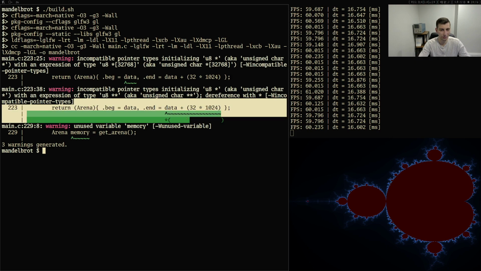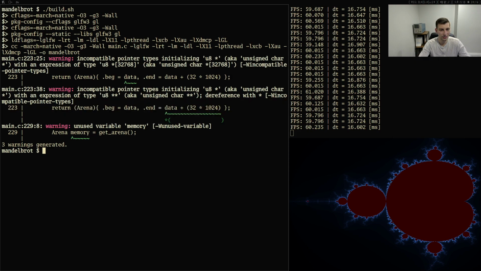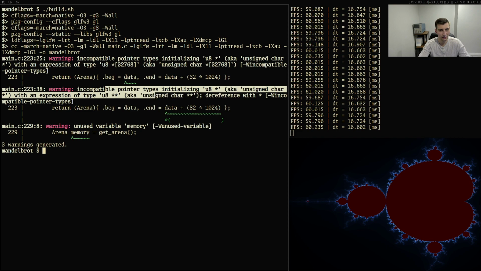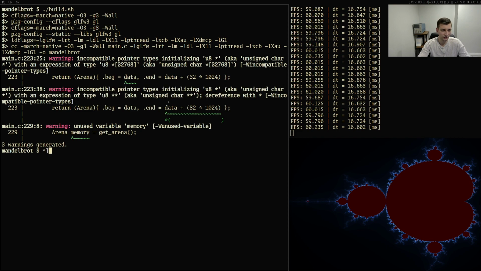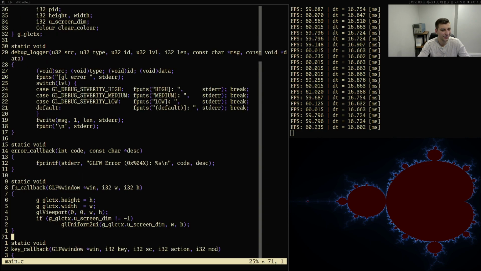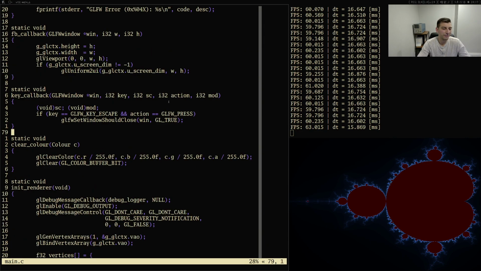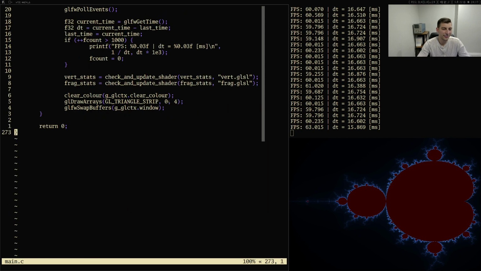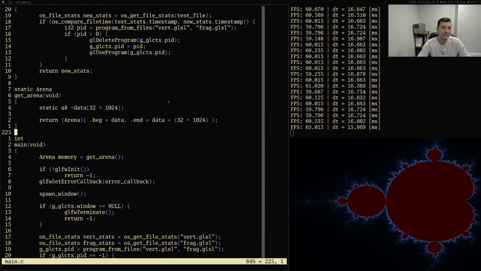Why is this a double dereference? I typo'd something. Okay. Anyways, I'm surprised it didn't complain to me about returning static memory, but